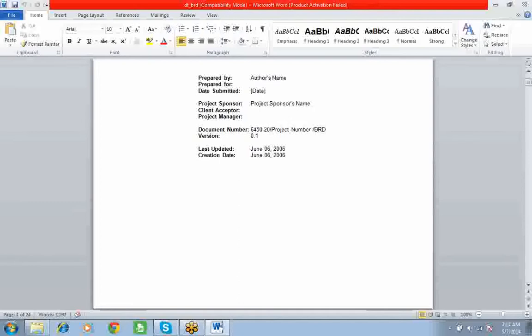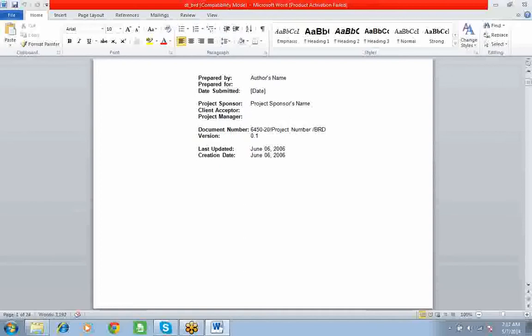Project sponsor, who is going to sponsor this project? Product owner or any financial manager, a client-side person. Client accepted, yes. At the end of the day, someone should accept your document. Am I right? I mean, you design this document, you have to show this document to the client at the end of the day.